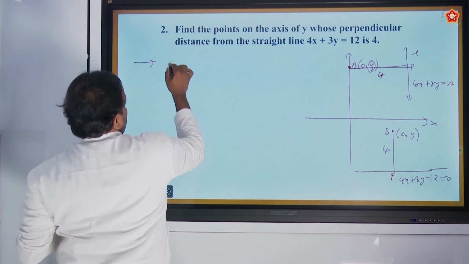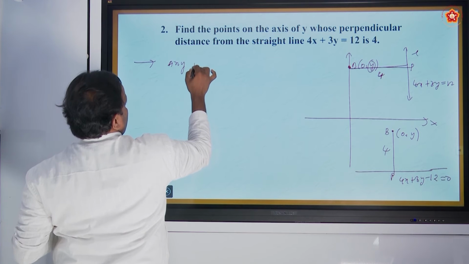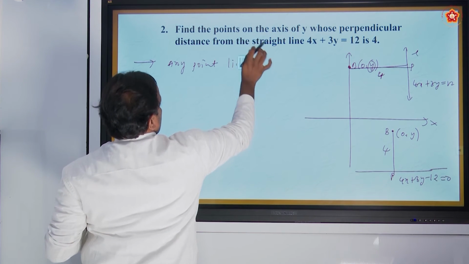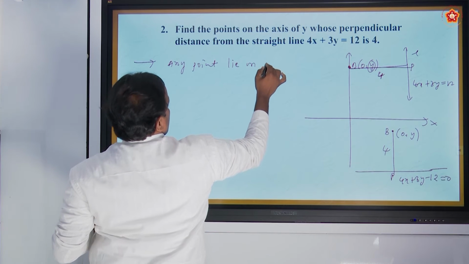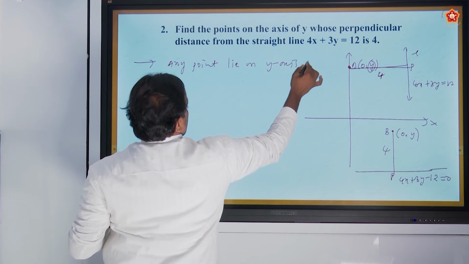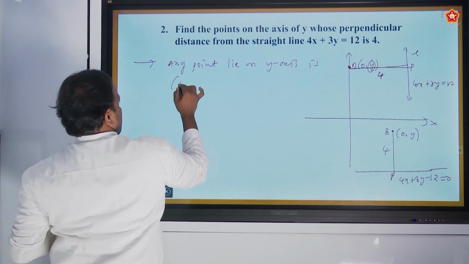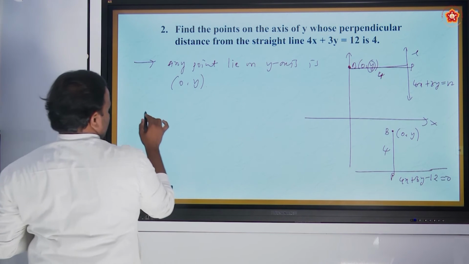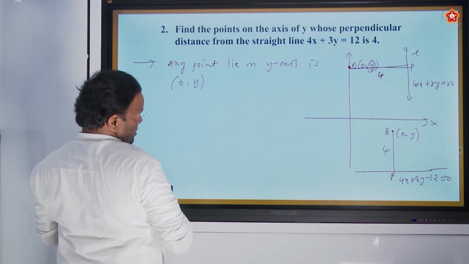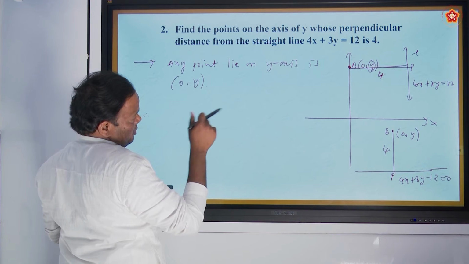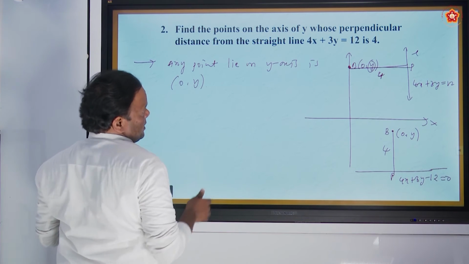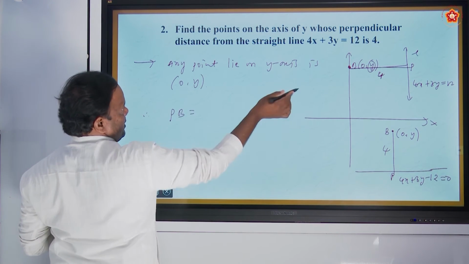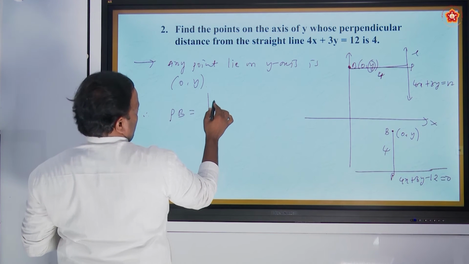I can write any point that lies on the y-axis as (0, y). Right, the y values are (0, y). Therefore, from the figure, the point is (0, y) and the line is given here. See the figure. Therefore, from the figure, PB or BP is equal to the mod of